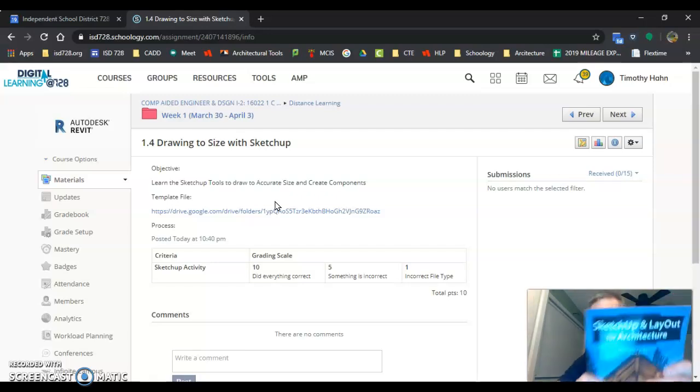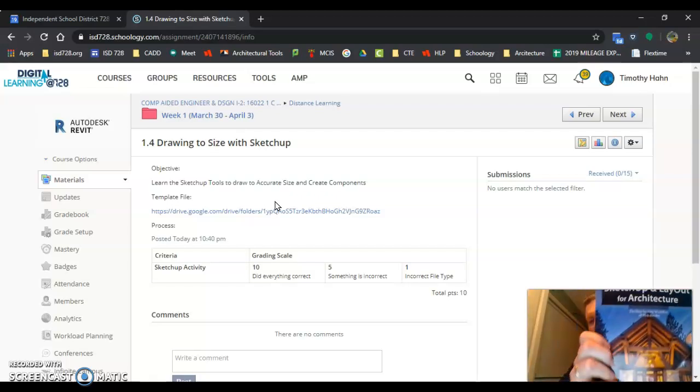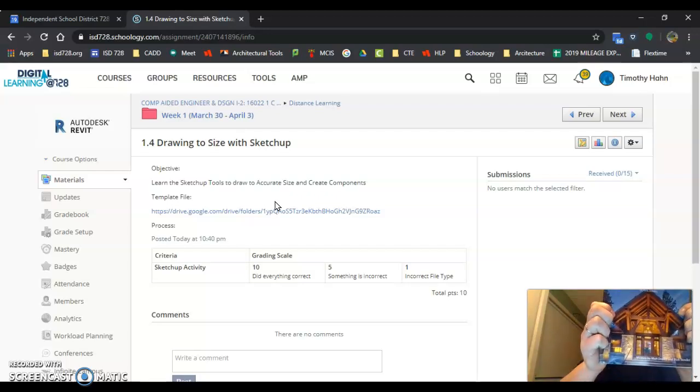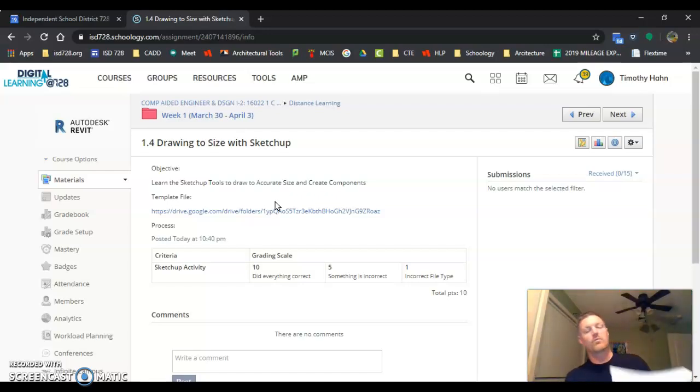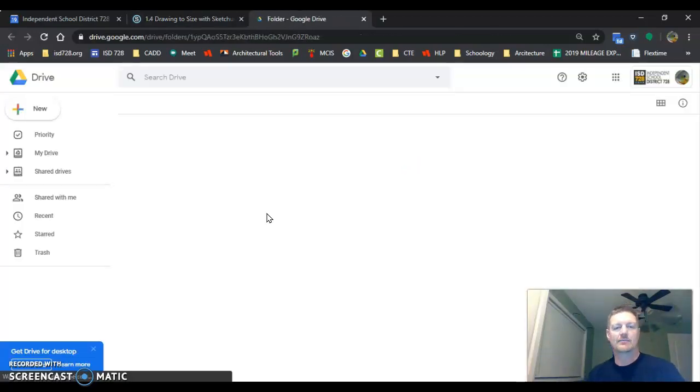It is called SketchUp and Layout for Architecture. It's kind of a cool book that we're going to be going off of here, but I'm going to be taking you through the whole thing. And this is for the computer-based version, and we're going to do the web-based version. So we're going to kind of improvise and compromise here. So this file